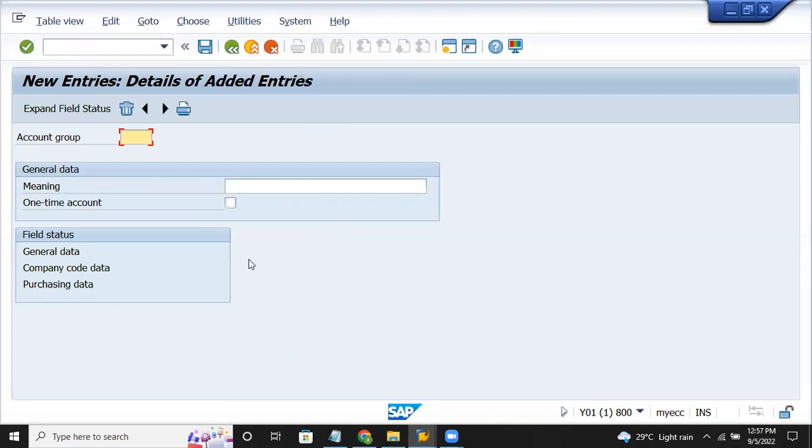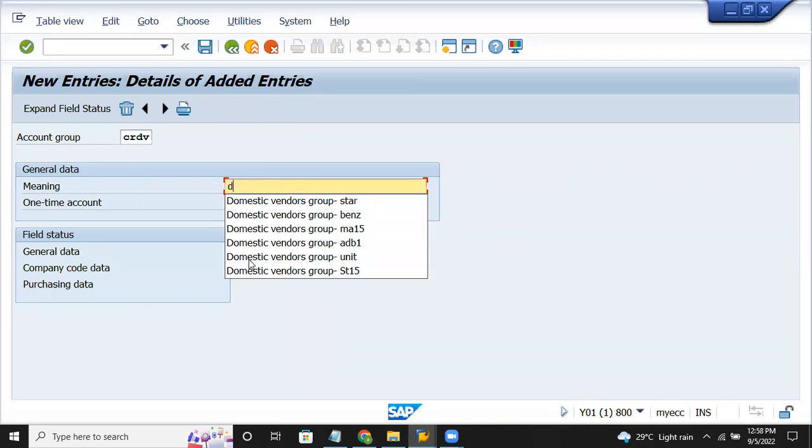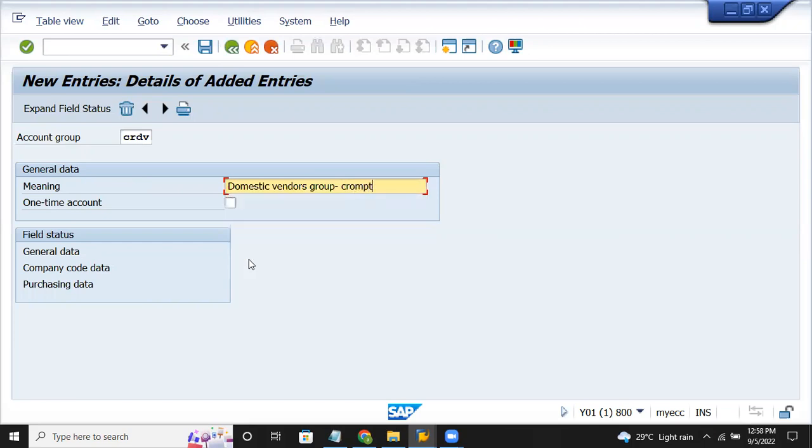For example, CRDV, Crompton domestic vendors, or you can also write domestic vendor group for your company, Crompton. DV means domestic vendor. Give the account group code, any code, meaning double click on